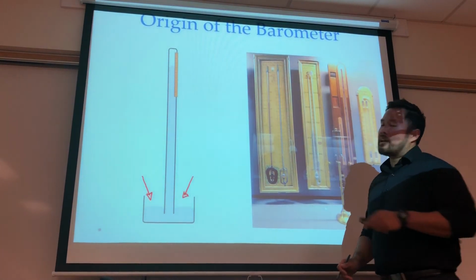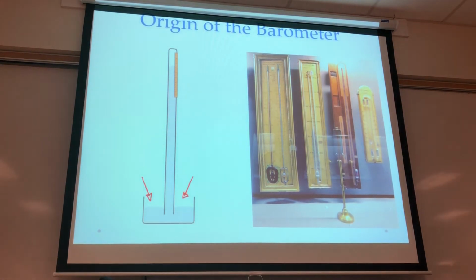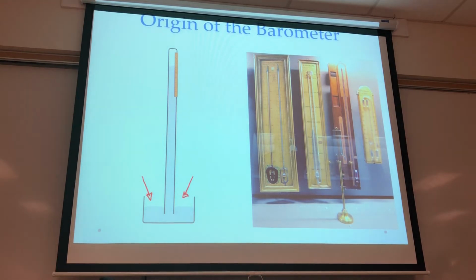The fluctuations varied from time to time, and he couldn't really figure out why that was taking place, but it had something to do with the atmospheric pressures. He noticed on hotter days the pressure going up a little bit more, on colder days the pressure going down a little bit more. But more so, it still hovered around a certain number. And with water